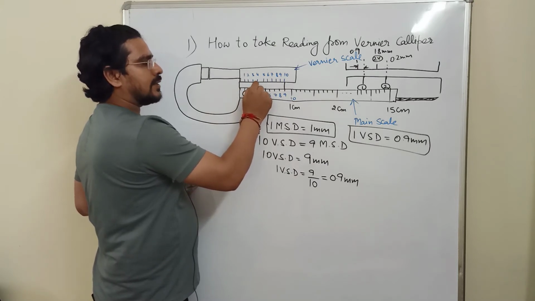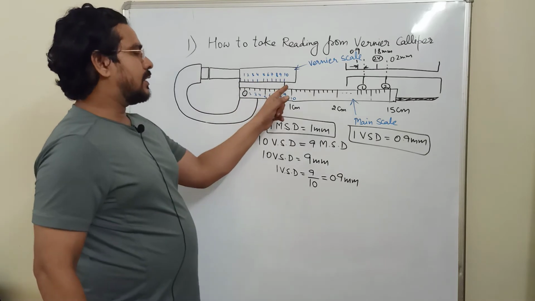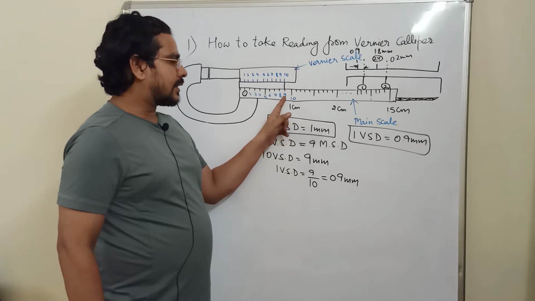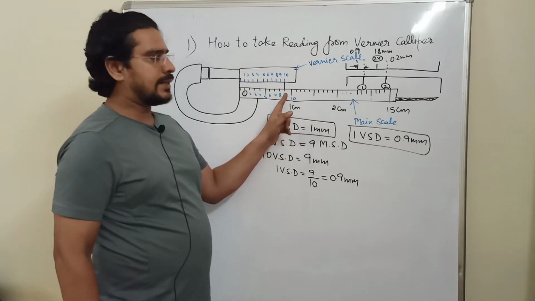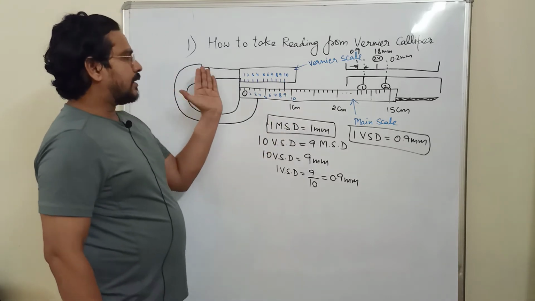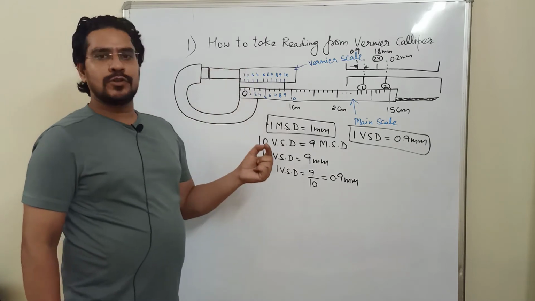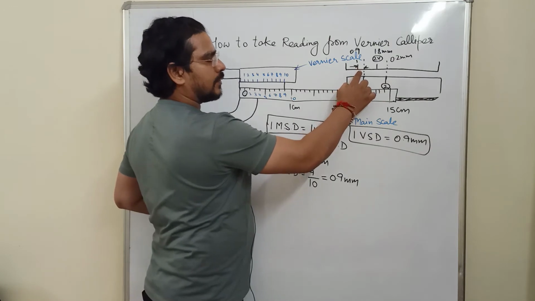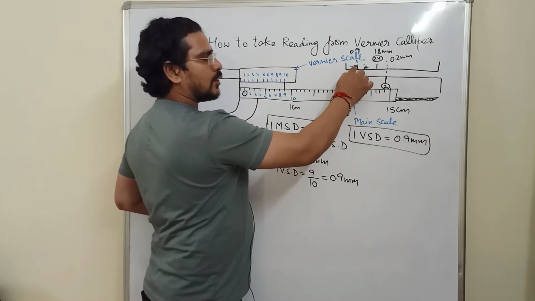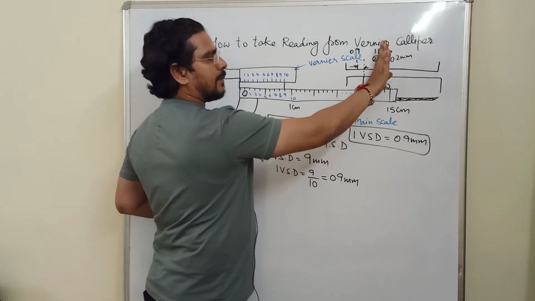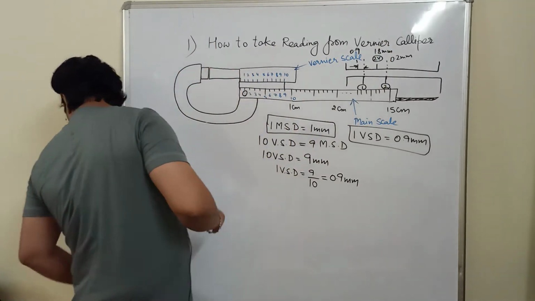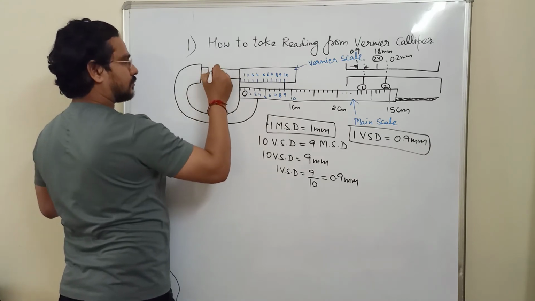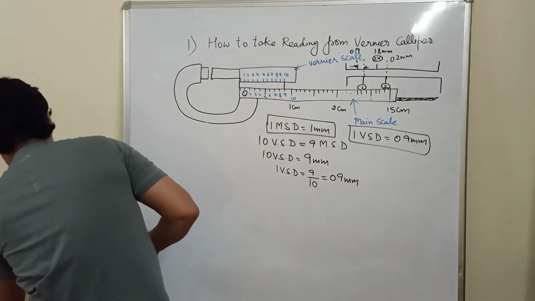Continuing in this manner, you will get to know that the 10th division of vernier caliper will fall exactly on 9th mm of main scale. So when you open this device just by 0.1 mm, what you will notice, this gap will cover the first division of vernier scale. When you move it 0.1 mm, when you open the vernier caliper, when you place an object here which is having, let me show it with a different color.